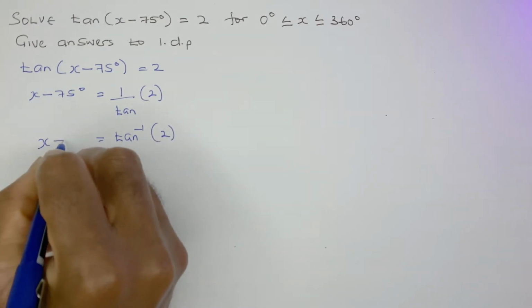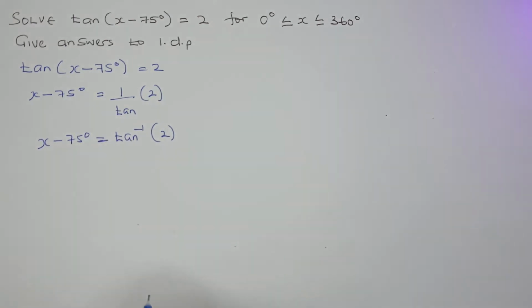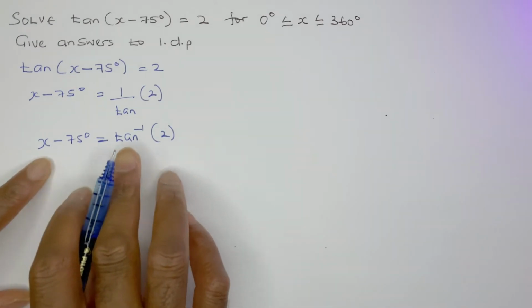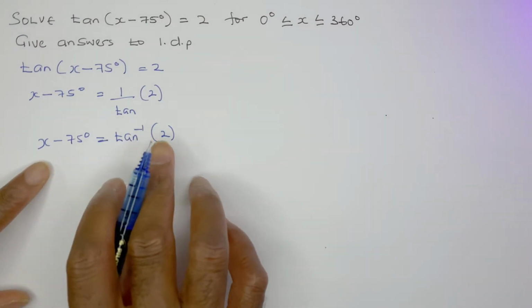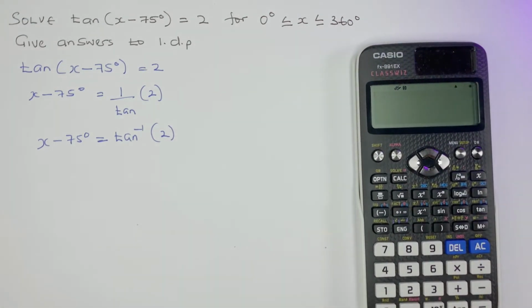So x − 75° equals inverse tan of 2. So to find the inverse tan of 2,